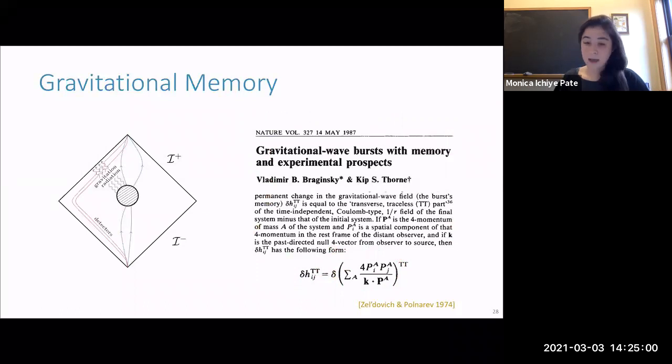And so back in 1974, Zeldovich and Polnarev explained how one measures this permanent shift. And that's through something called gravitational memory. So the idea is that it can be observed by a pair of inertial detectors. So if you take these inertial detectors and you send them through a burst of radiation,